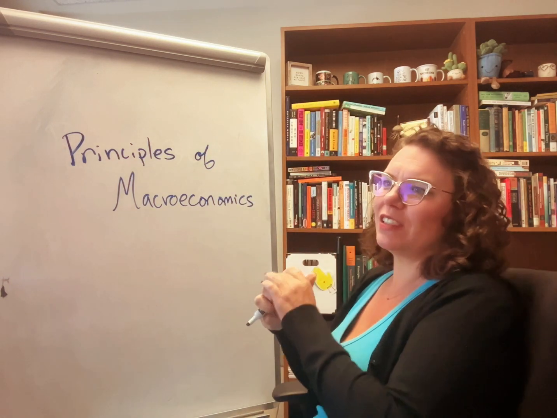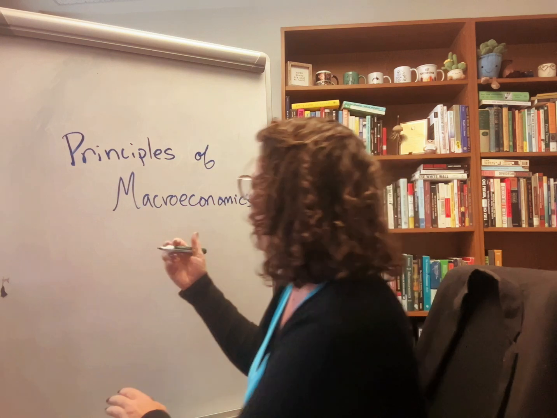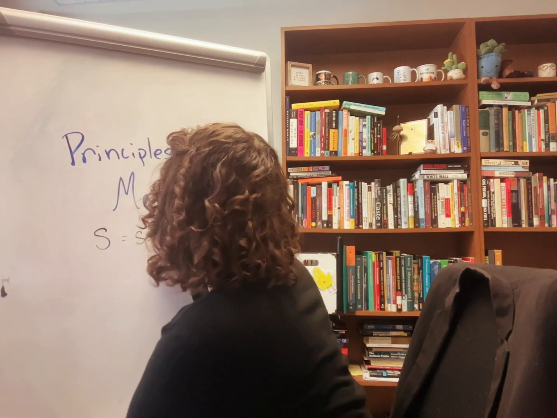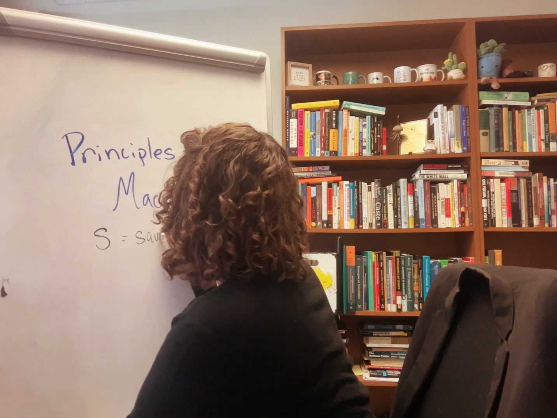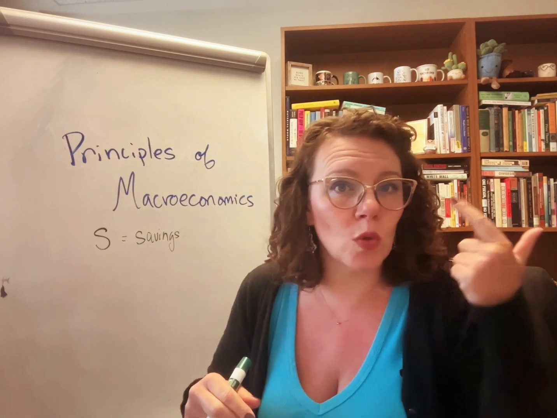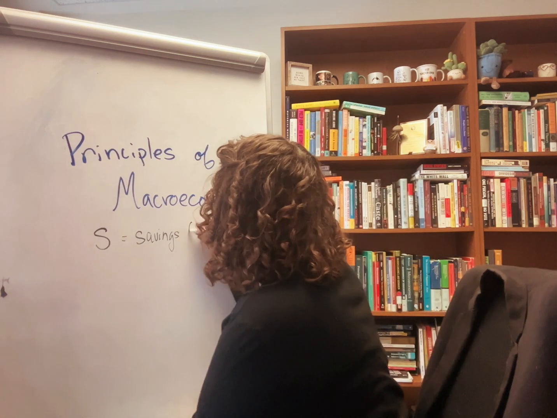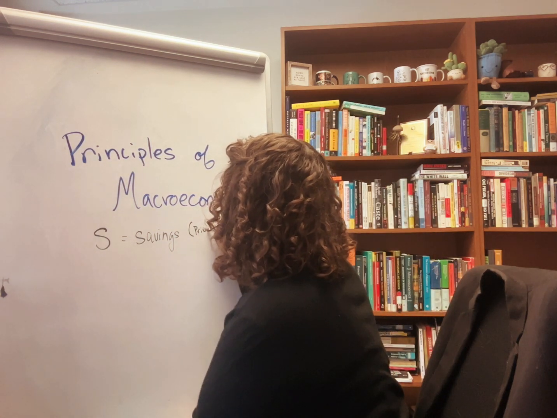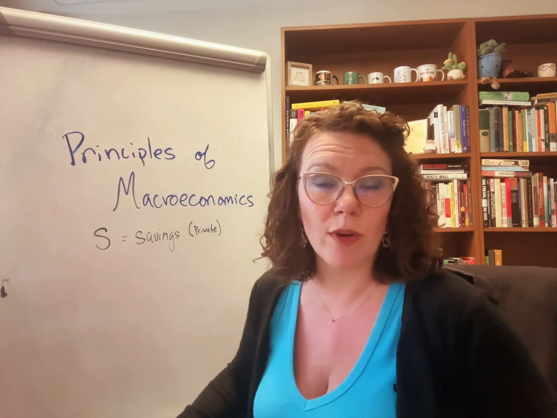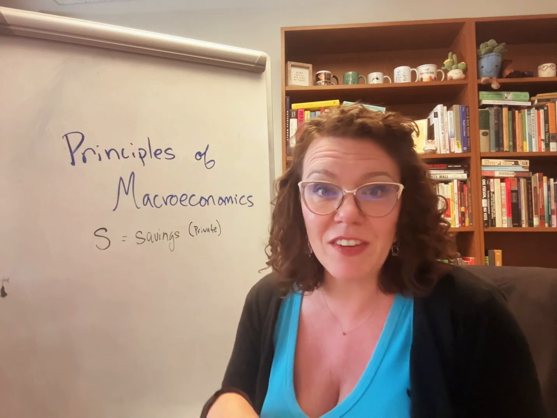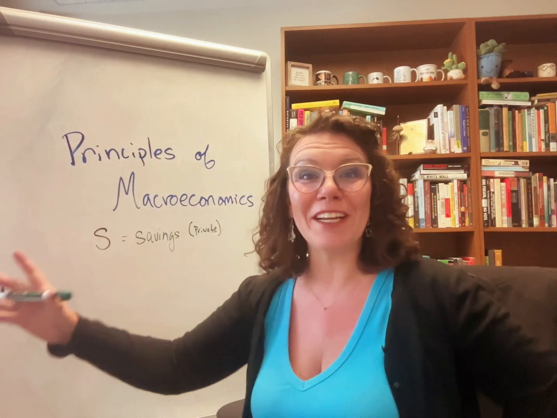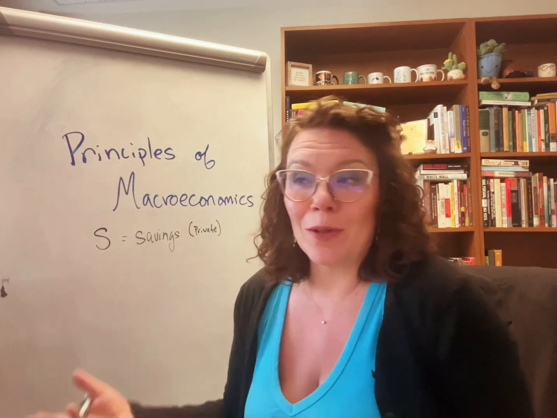So with the National Savings and Investment Identity, we have a couple of different things. We have S, which is savings, and this is generally meant to be savings by individuals, households, firms. This is what we call private savings, and that's savings by private companies, private households, private citizens, right? People, you and me. You put money in a savings account, it goes into what we consider sort of the larger market for financial capital.